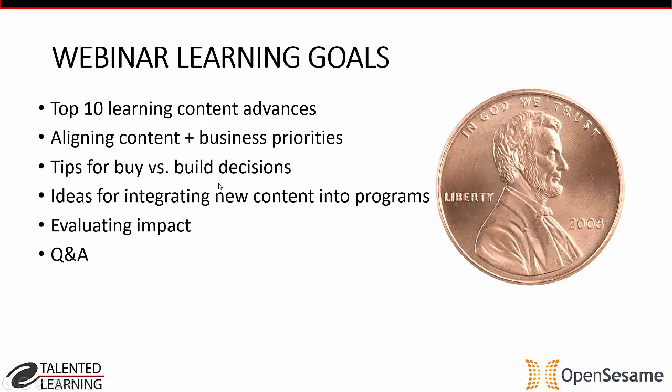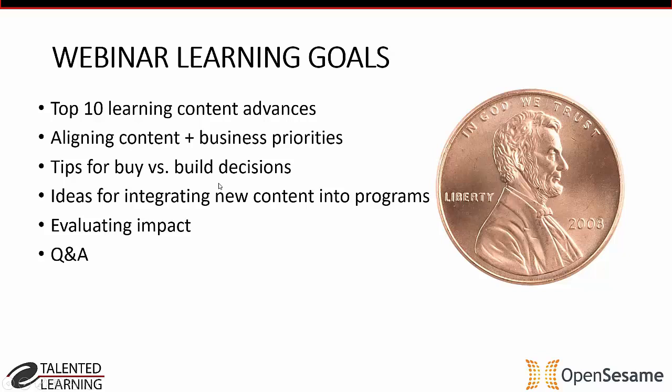And furthermore, the explosion in the number and diversity of learning systems and the different content capabilities that each of them have further complicate the analysis and build versus buy decisions that anybody managing content for their organization has to worry about. And so, that's what we're here to do, is to provide a unique take on learning content today. And we've got a unique matchup of presenter experience to talk about exactly these topics.